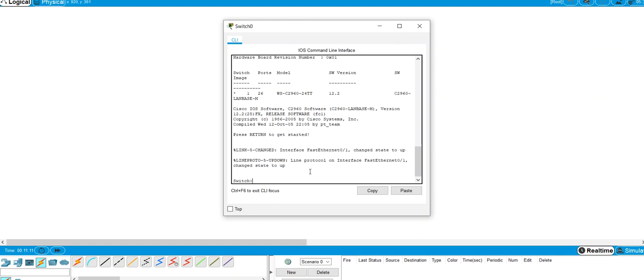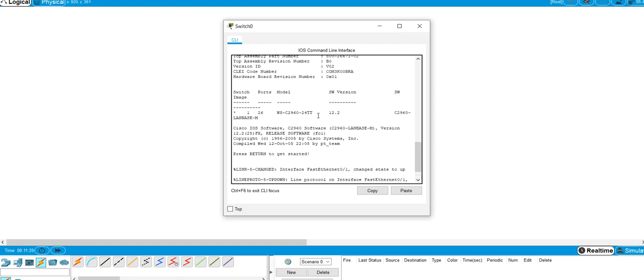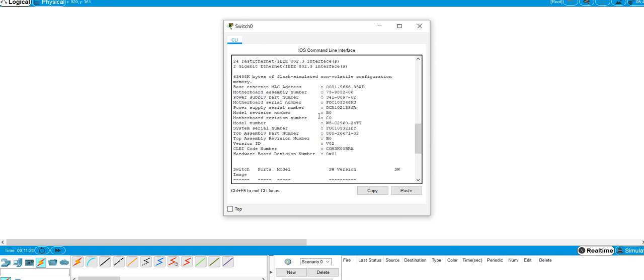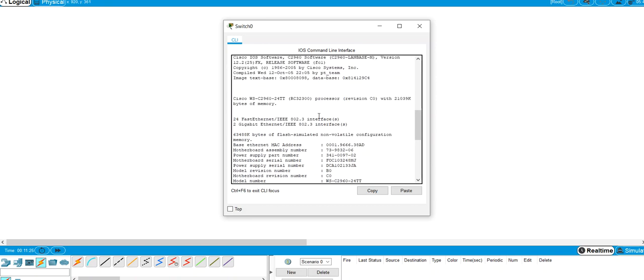Now, there are various modes within a Cisco device, so whether it's a Cisco switch or a router, it's going to be the same. Now, I'm going to draw your attention to some of this information here. I'm just going to scroll up. So as your device boots up, it gives you a lot of information. You can see here, it says